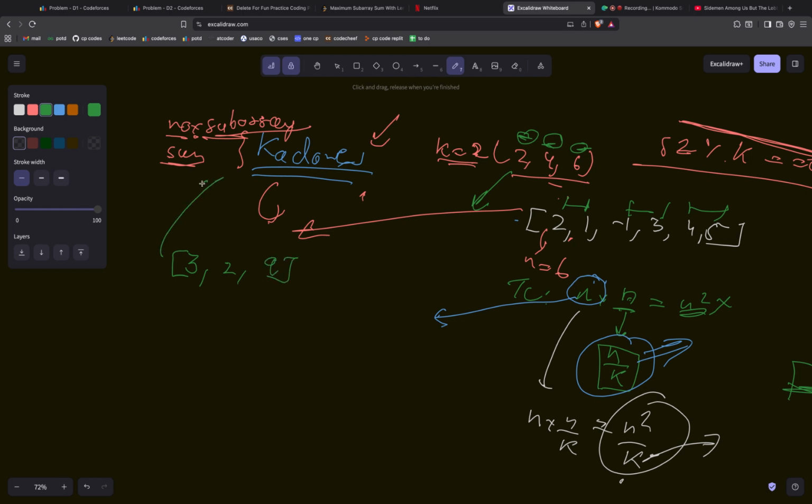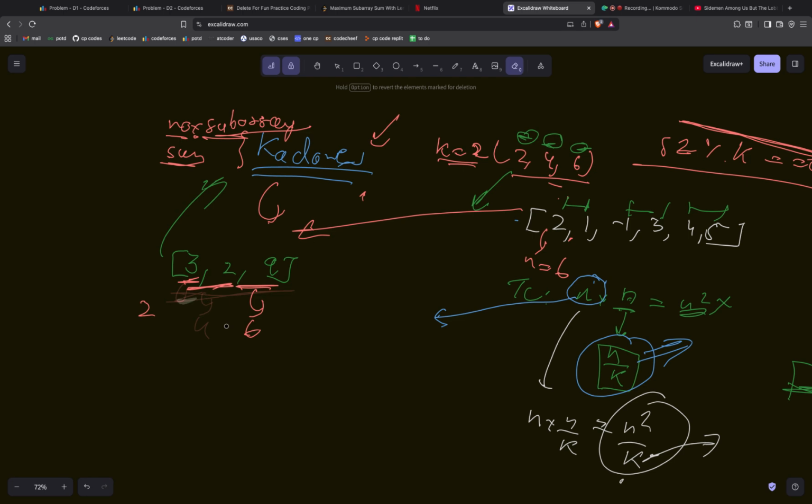Now on this we can run Kadane's, because see, if we just pick this element, that is we are picking size 2. If we pick these two elements, then we are picking size 4. These two elements, then we are picking size 6. Like all of these elements, then it is making size 6. So I am basically saying that we should combine our elements,